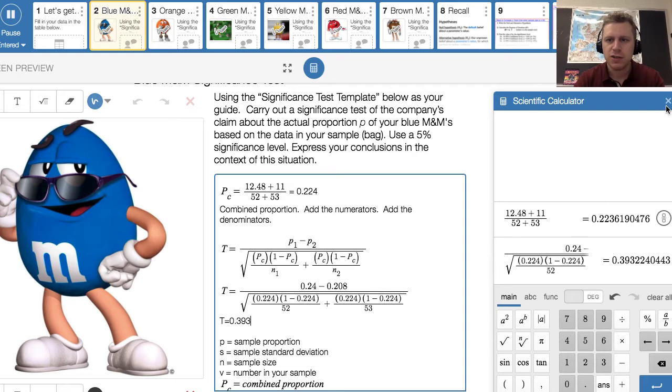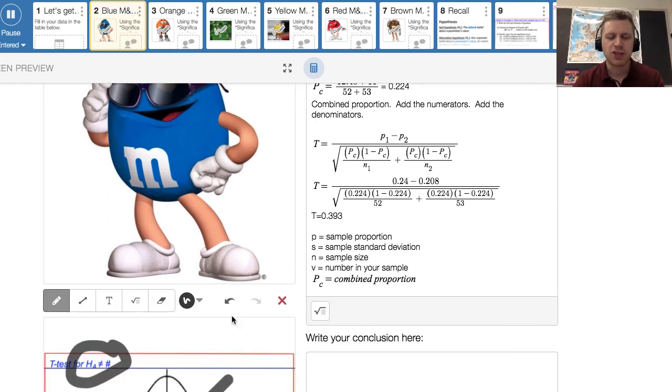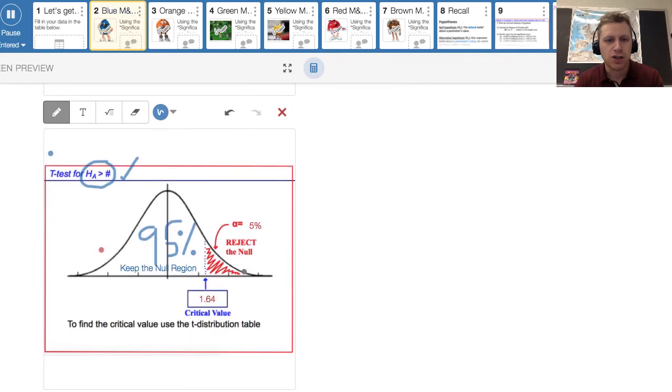At this point, there's no more mathing to do, no more calculation. It's time to just make a distinction as to whether to keep the null, meaning, yeah, the website's right, there's 24% in this bag, or it's likely that there's 24%, or the number that we got in our sample is so extreme that the website is wrong, and we can reject the belief that there's 24%. Let's take a look at this t-score of 0.393 and see where we fall on our chart. I'm going to just write it down here for comparison, and we have to decide now, is